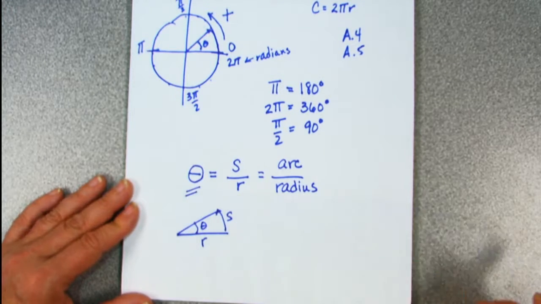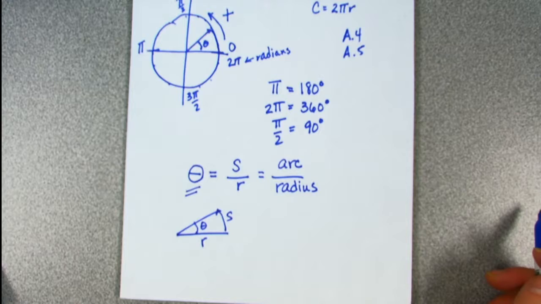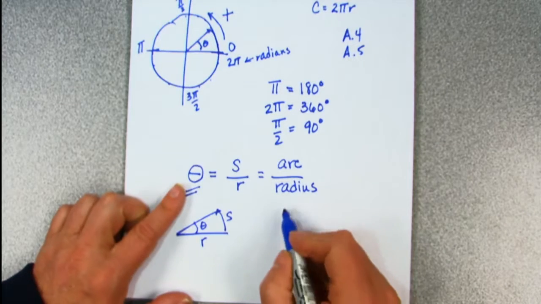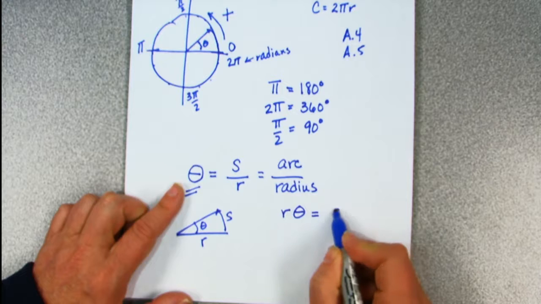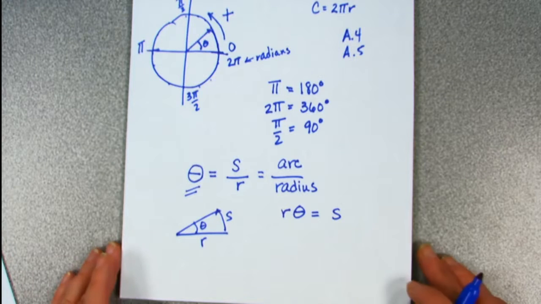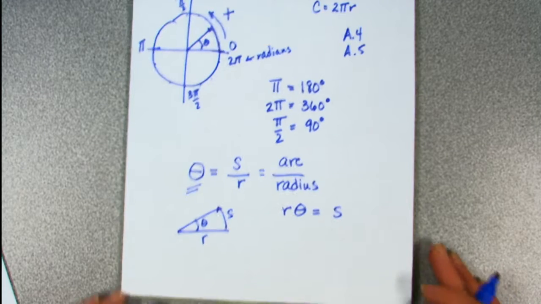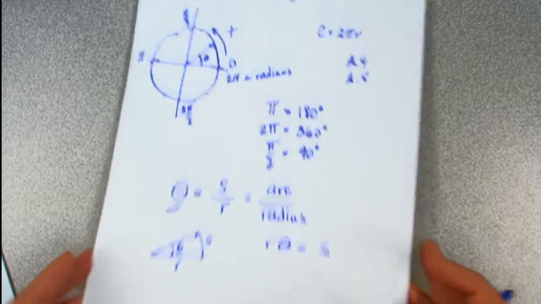So the angle that I'm moving through is going to be directly related to my distance. So I can go back and forth, because if I do an R theta, I can measure how far I travel around the arc. So we're going to get the same things that we got before. We're going to get a change in displacement, a change in angle with respect to time, and a change in our velocity with respect to time. We're going to get the same kinds of things. So if I look at this,